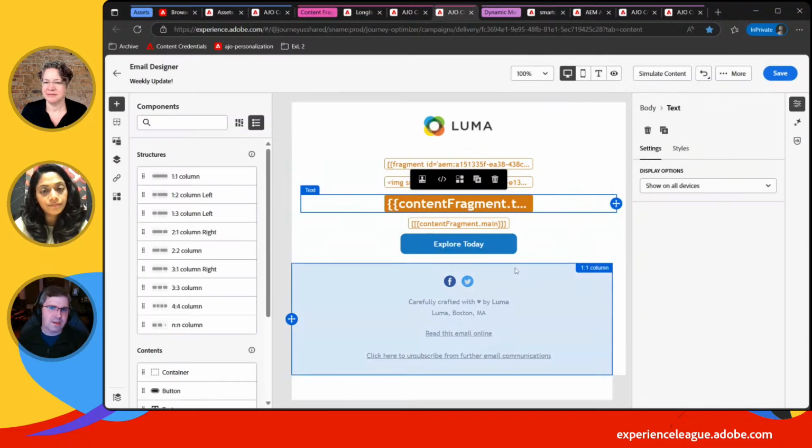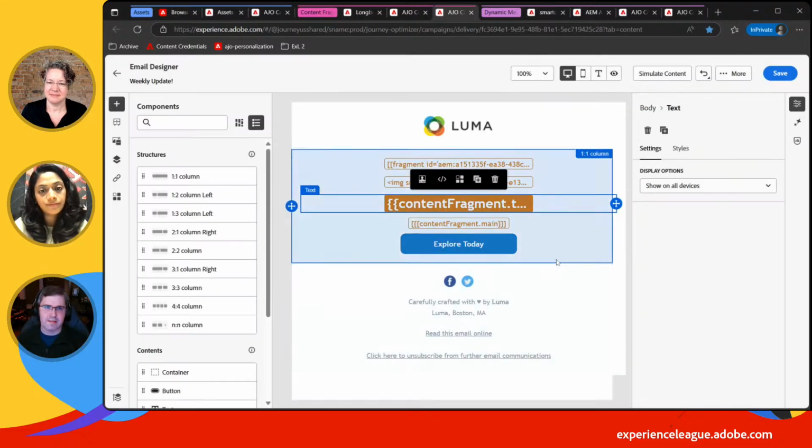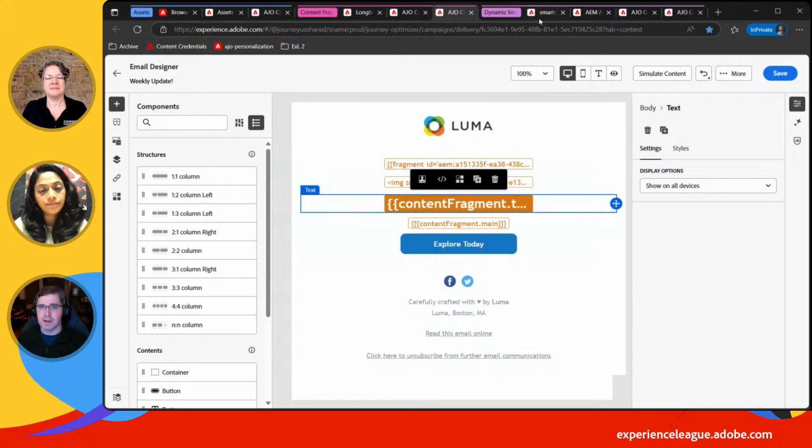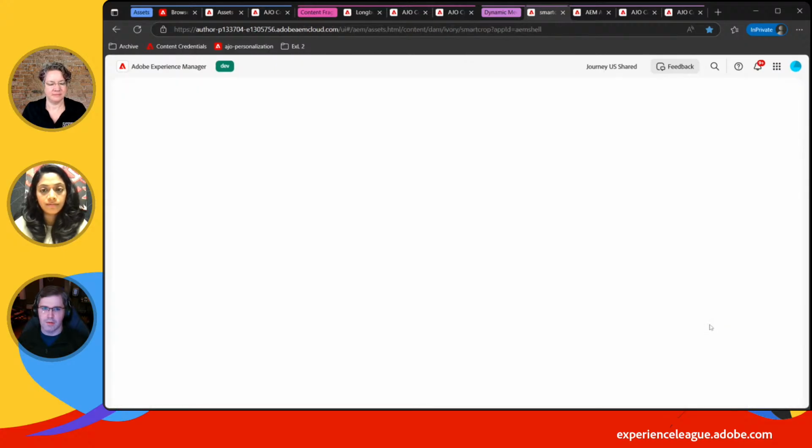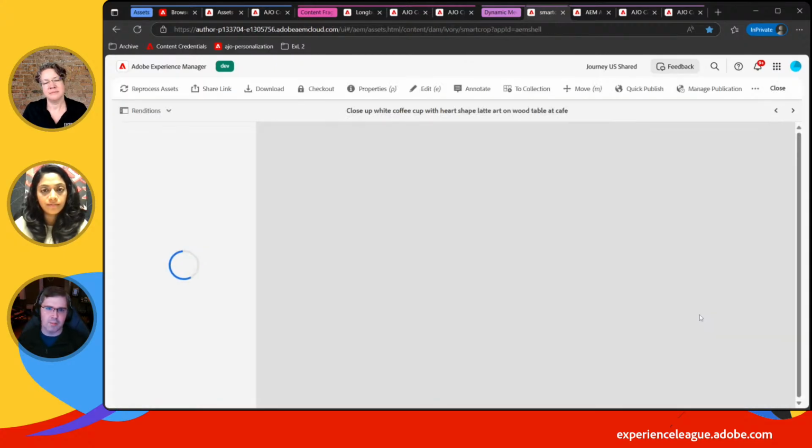So the other significant enhancement that we've had recently in this integration is through dynamic media. For those less familiar with AEM's dynamic media offerings, this is a suite of capabilities within Experience Manager that allows for dynamic content rendering, essentially. There's a couple different elements to this. The first that I want to call out here is smart cropping, among a couple other different filters